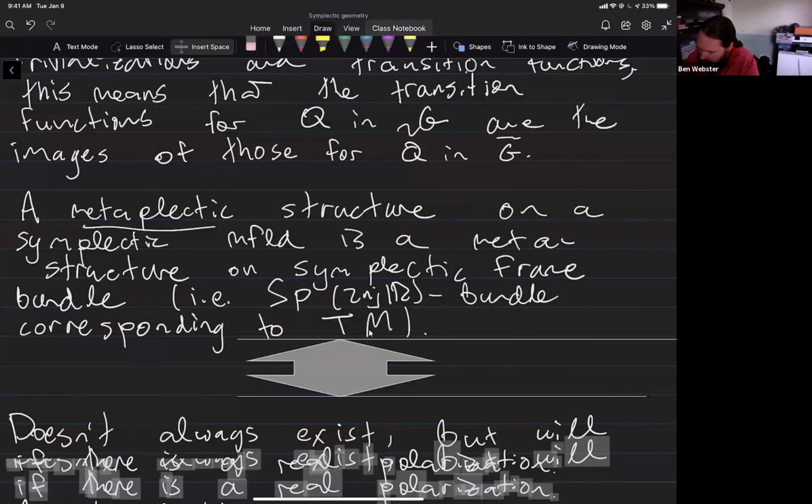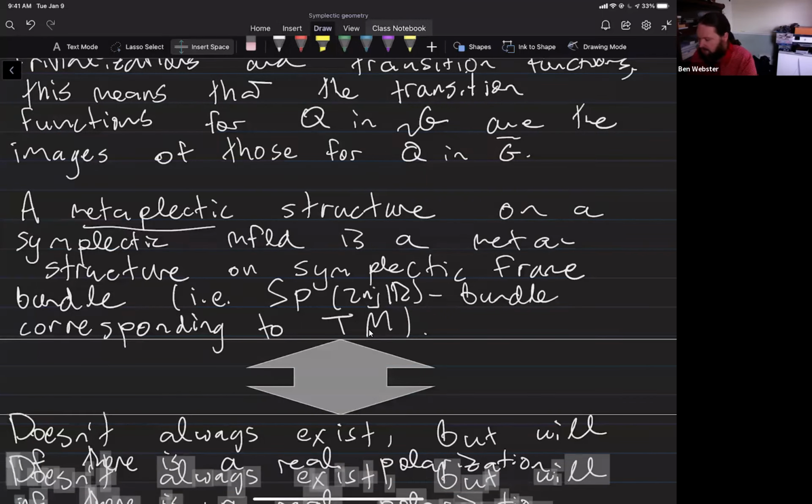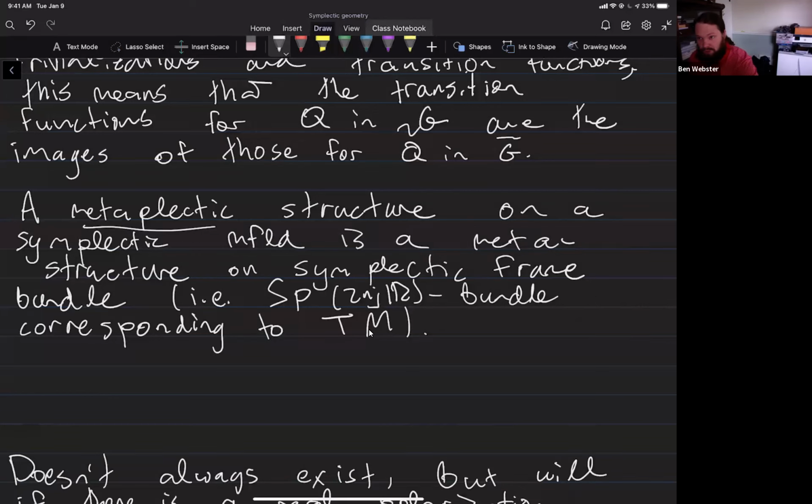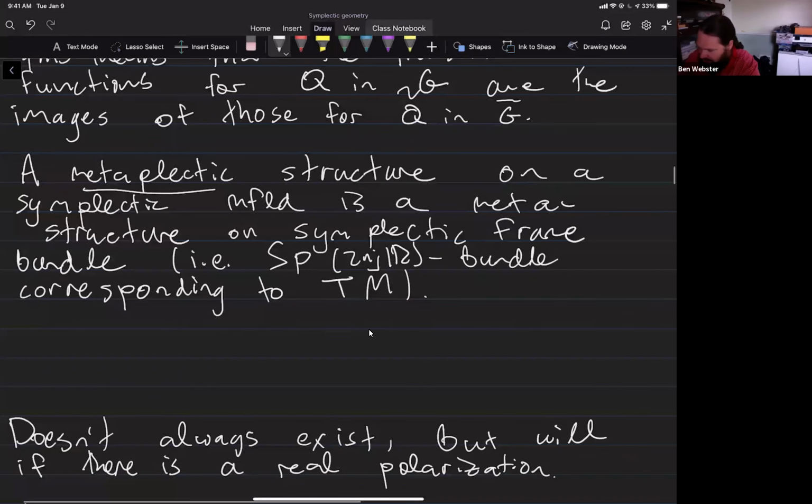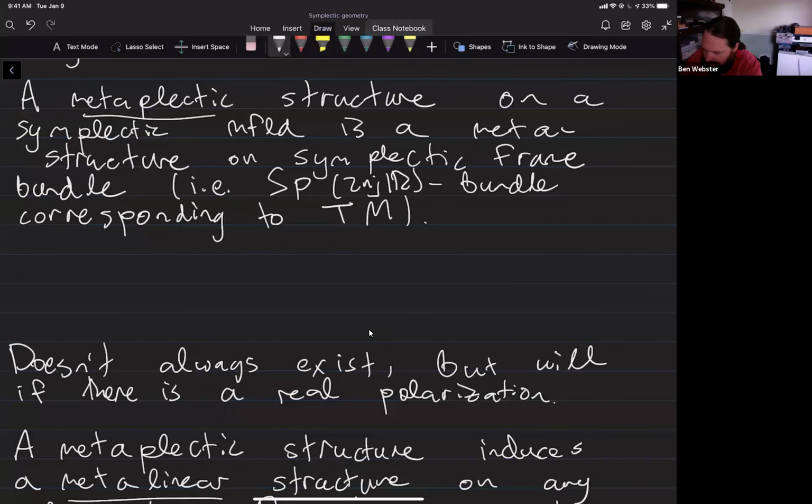So we sort of discussed that you can always replace vector bundles with extra structure by principal bundles for the group that preserves that extra structure. So the symplectic frame bundle